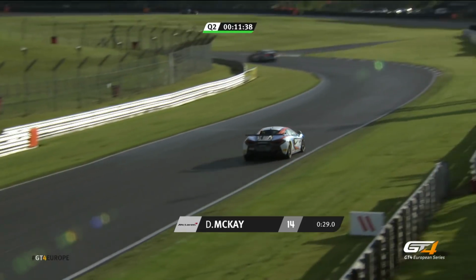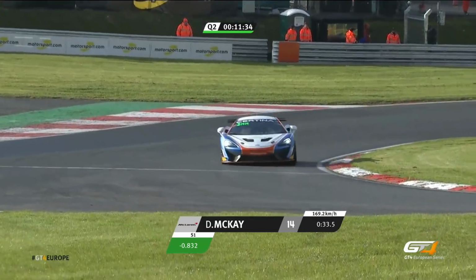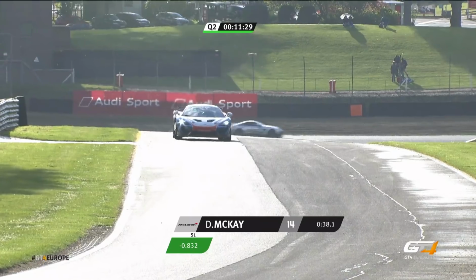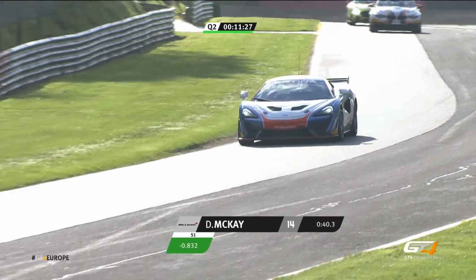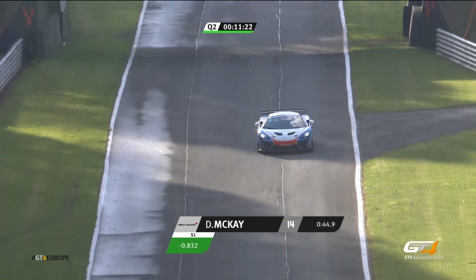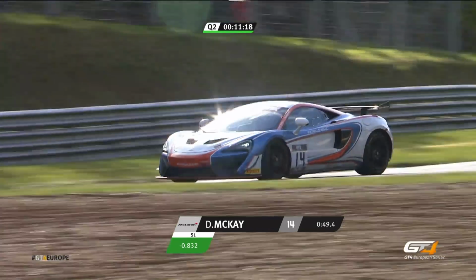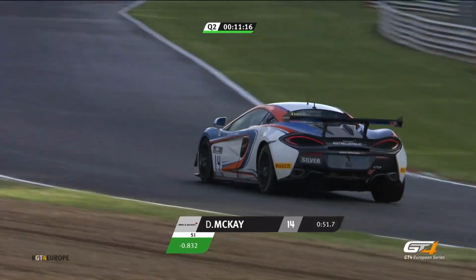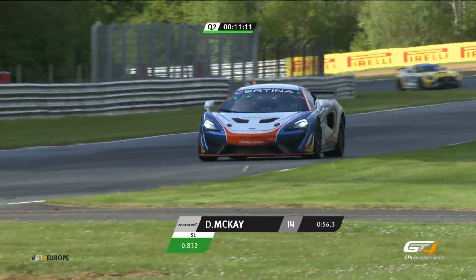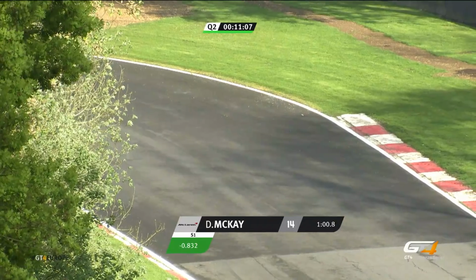He's got the sun to contend with in his eyes at places, as well as the damp patches on the road. It's a real test, the track at the moment. And we've got still 11.5 minutes to go, and 10 minutes before the curfew. So Dan Mackay for Equipe Verschure, blasts on. Up now through Hawthorne. And we've got an absolute best in the first sector by Pierre-Alexandre Jean, the Renault technician,